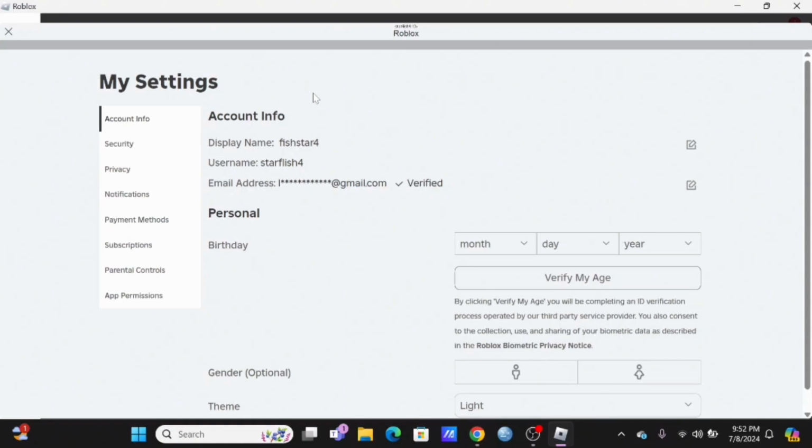This is because there is no such option as hiding your previous username currently on Roblox. So yes, you won't be able to hide those previous usernames from the public eye. We can hope that Roblox will soon come with an update where we would be able to hide our previous